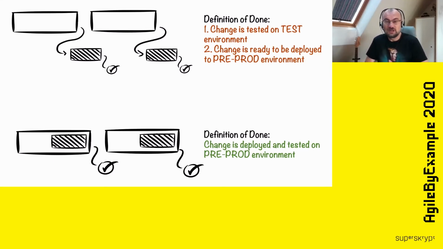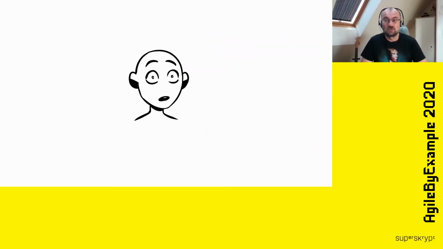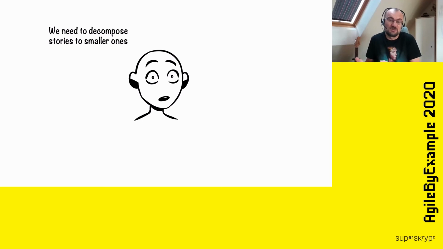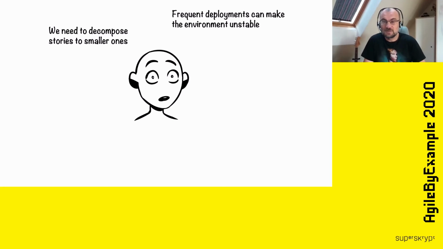We started to talk about this change with members of development teams. Some teams said, yeah, in our component, in our technical environment, we can do it, no problem. And other teams said, well, it will be really, really difficult to do, because we would need to decompose our stories to the smaller ones, because we need to fit the testing in our sprint, more testing, so we need to reduce time for development. We are concerned about frequent deployments to pre-production, because pre-production must be stable, and how to do it.